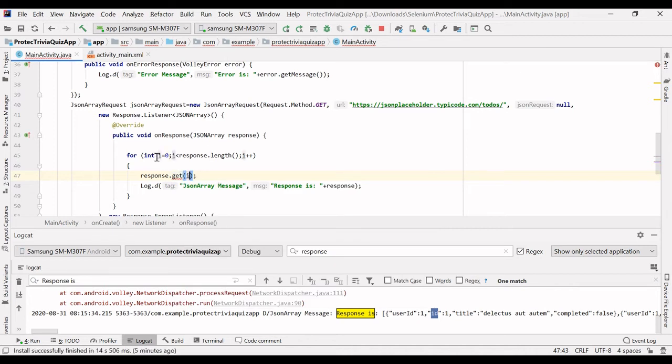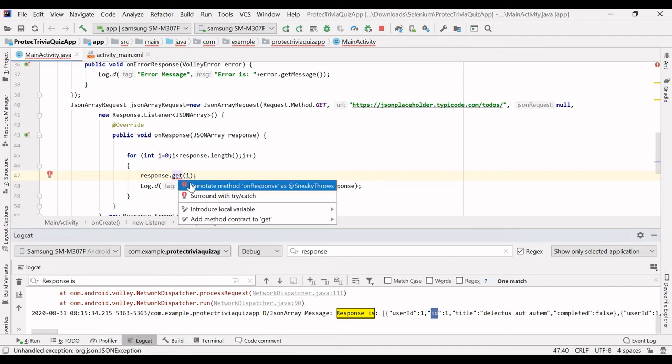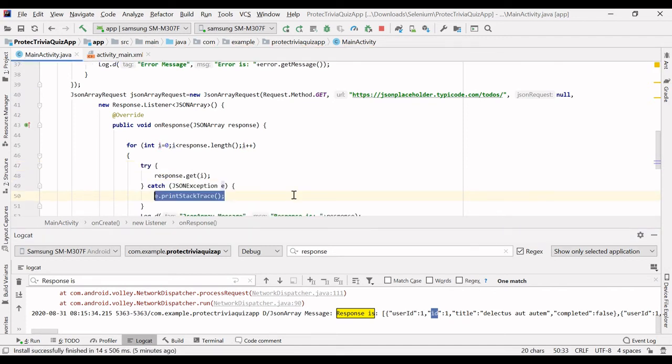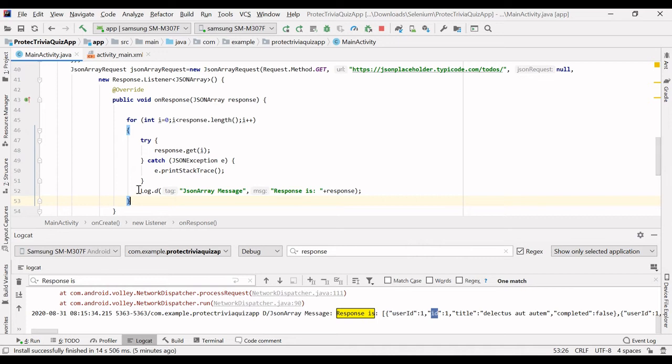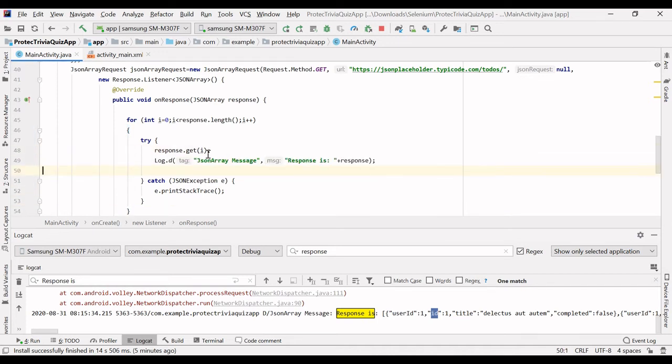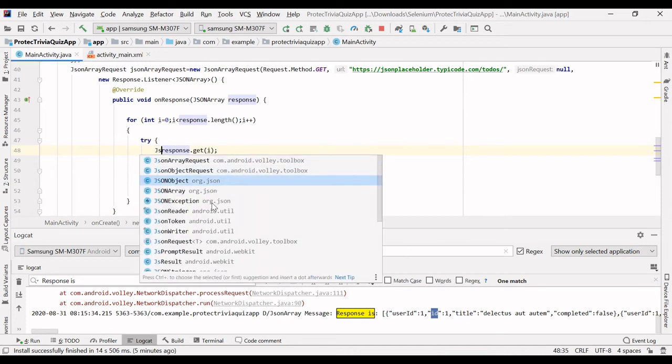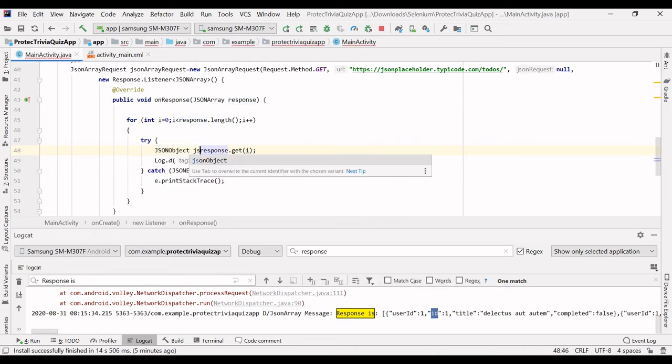What i means, this object. Same, I have to put this in a try catch block. Just cut from here and paste inside this try block. So I have got the JSON object at this index i. So just get this JSON object.